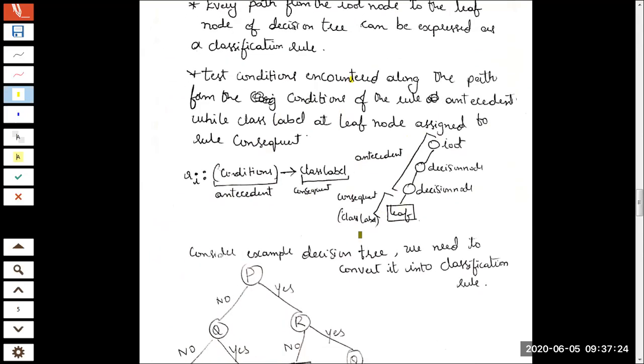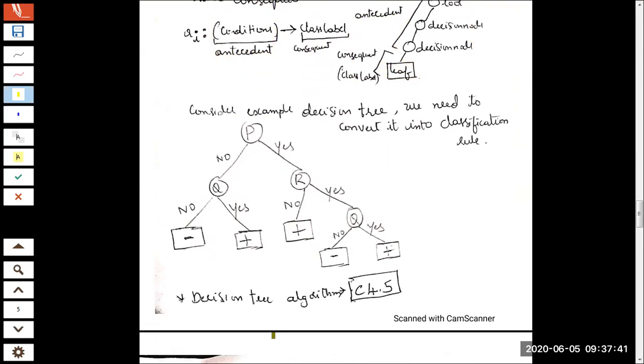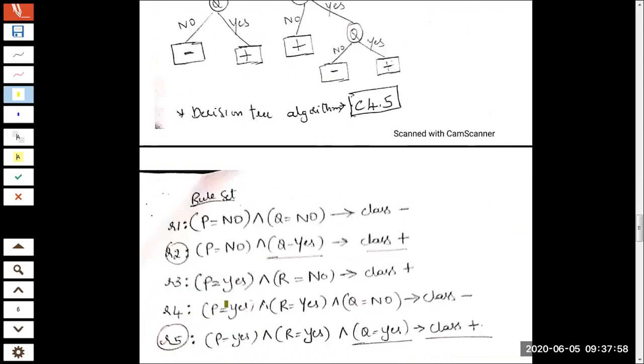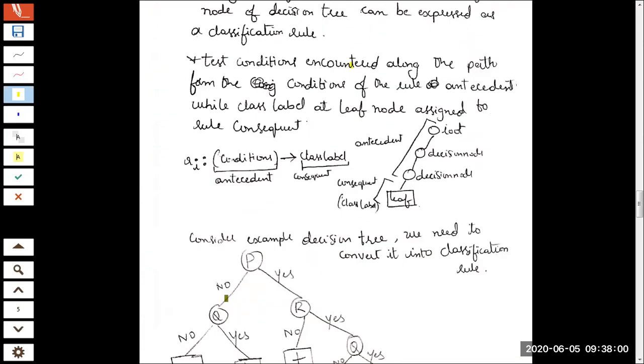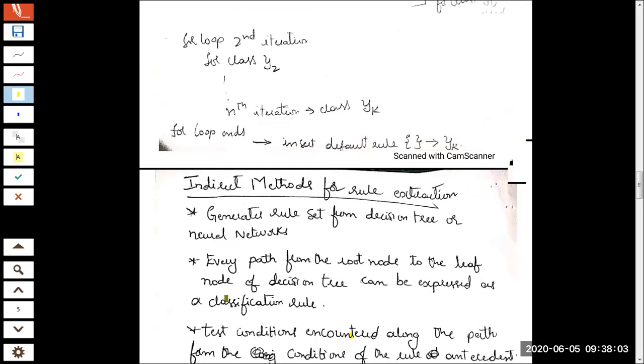So once again, I'm reiterating. The objective here is from a decision tree, you need to construct rules. And the rules will be used to decide on the class to which the new instance or record will belong. So I've taken once again the same example that is there in the textbook. This was an example of classifying whether a data object is positive or negative. So that was a typical example. We had already discussed this in the previous topic, if you remember.